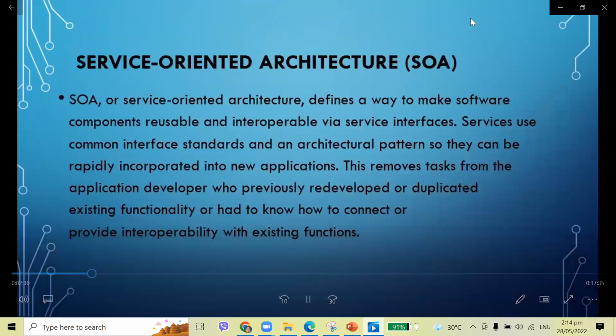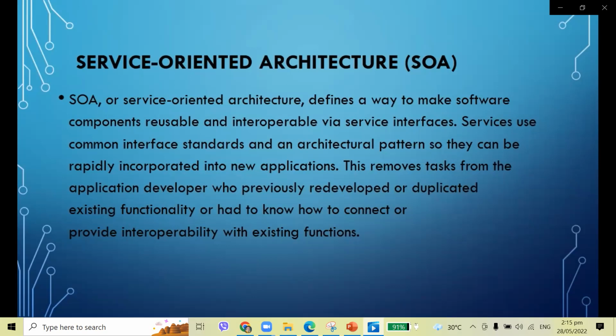SOA, or Service-Oriented Architecture, defines a way to make software components reusable and interoperable via service interfaces. Services use common interface standards and an architectural pattern so they can be rapidly incorporated into new applications. This removes tasks from the application developer who previously developed or duplicated existing functionality or had to know how to connect or provide